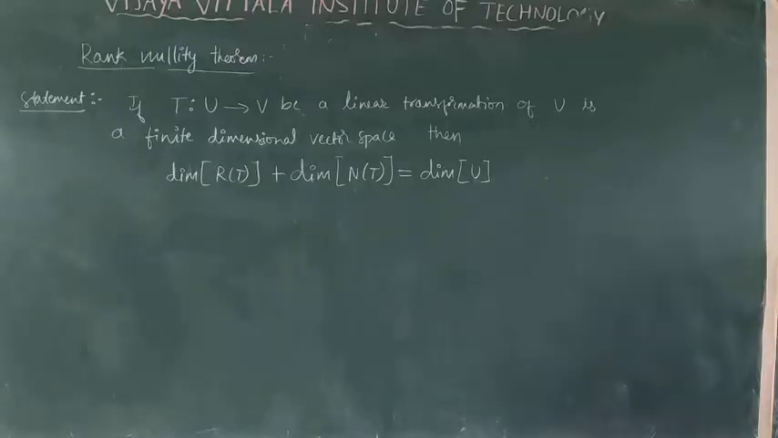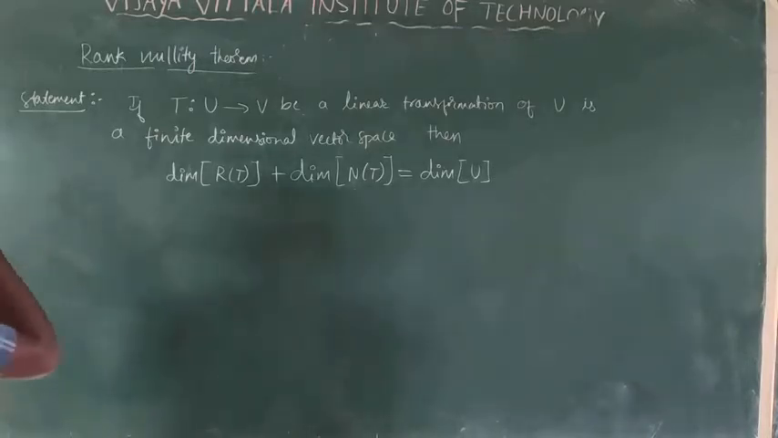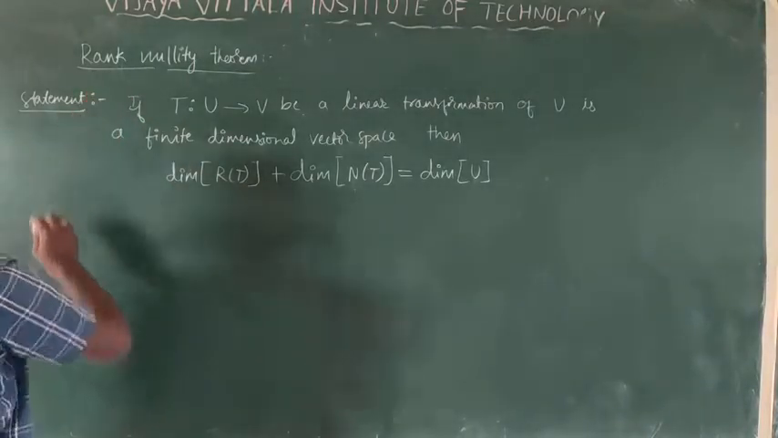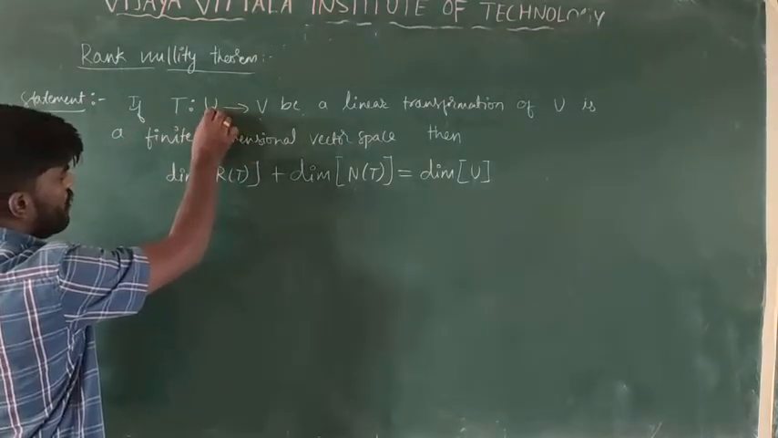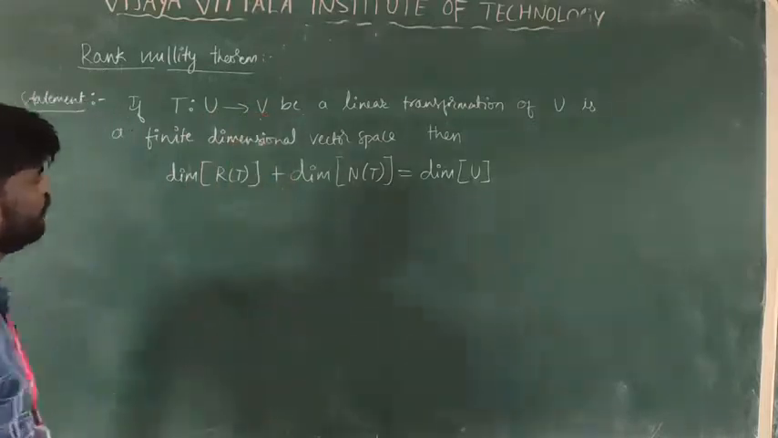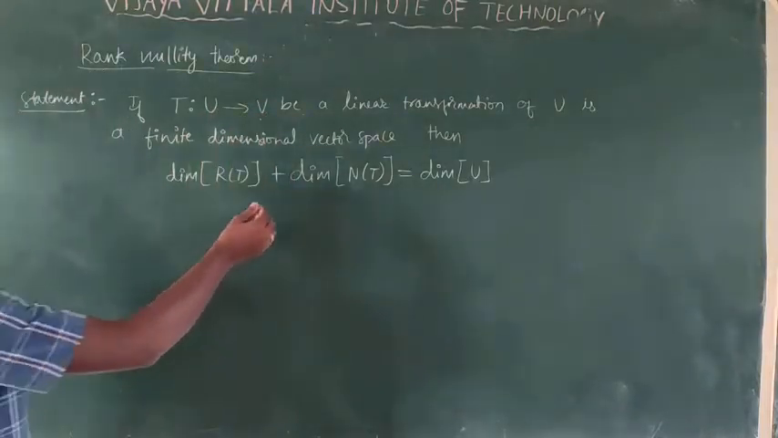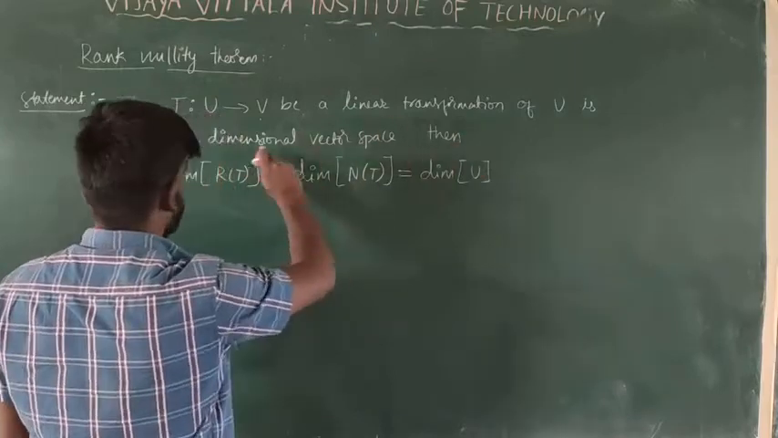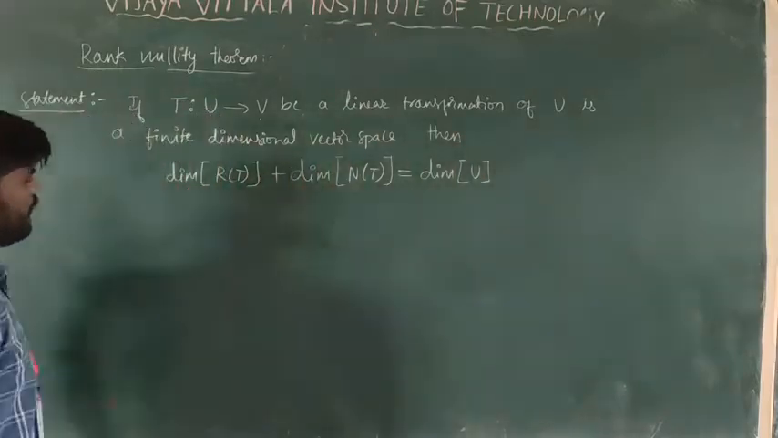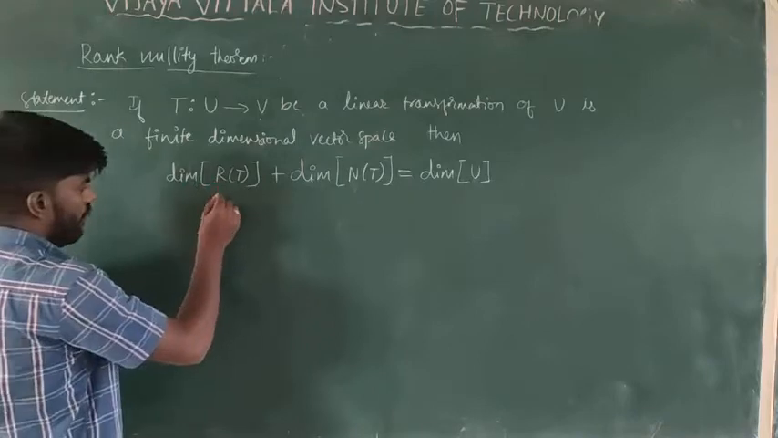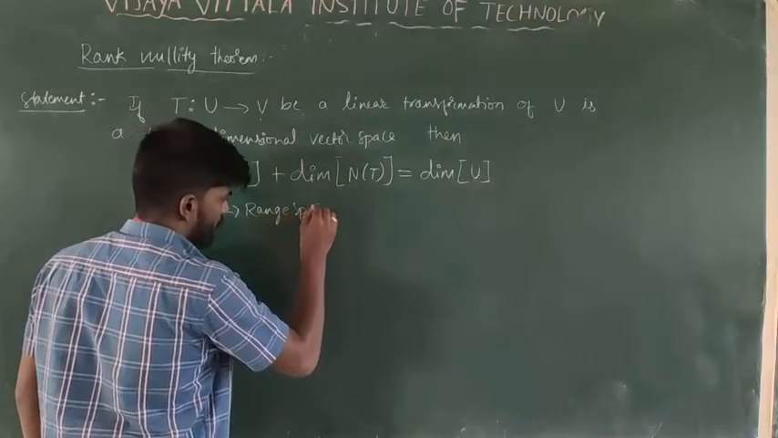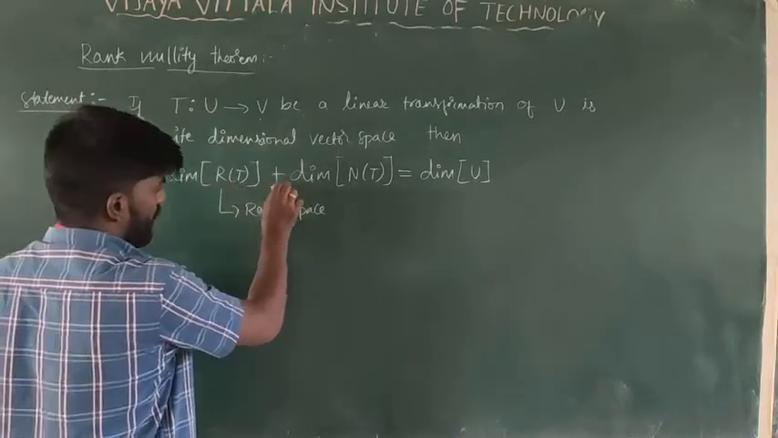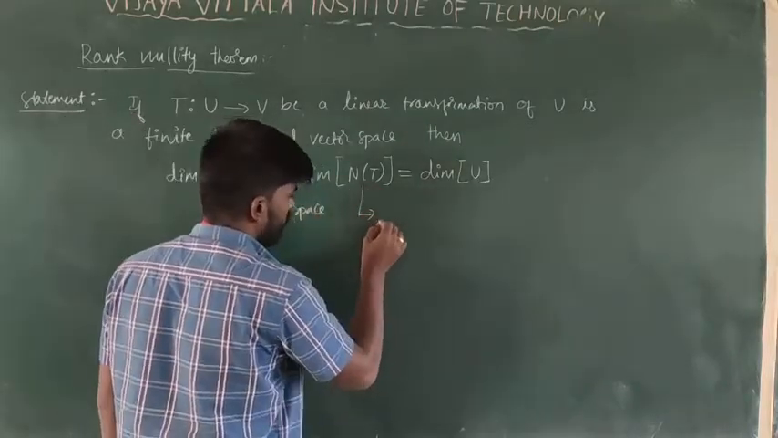Dear students, today we will discuss the rank nullity theorem. The statement of the rank nullity theorem is: if T from U to V is a linear transformation, where U is a finite dimensional vector space and V is another vector space, then dimension of R of T, where R of T is the range space, plus dimension of N of T, where N of T means null space,